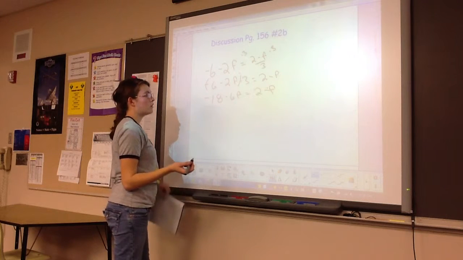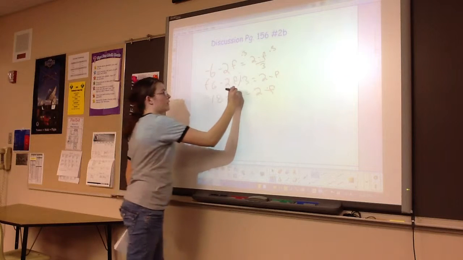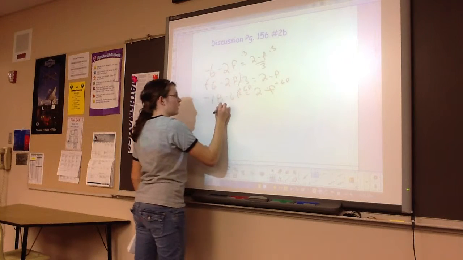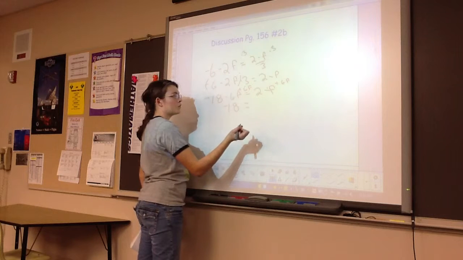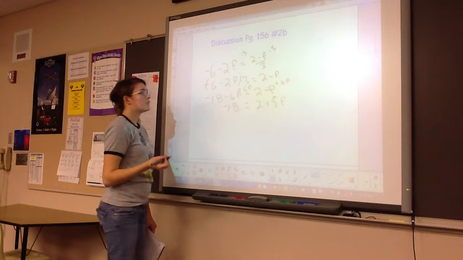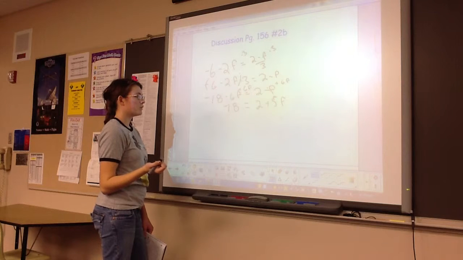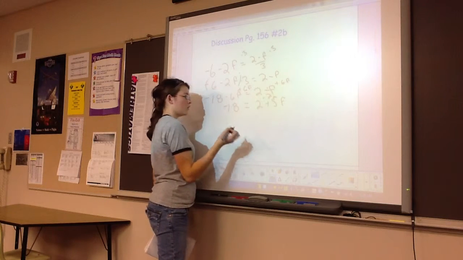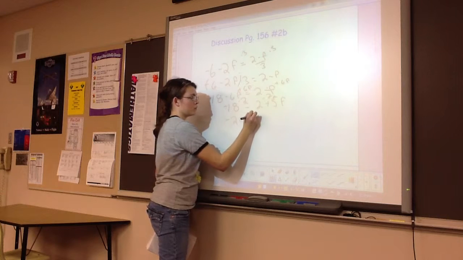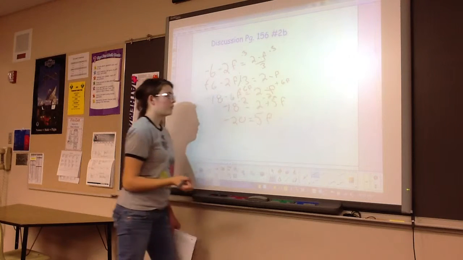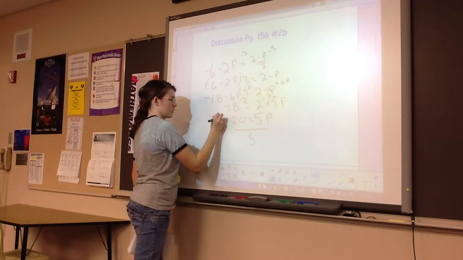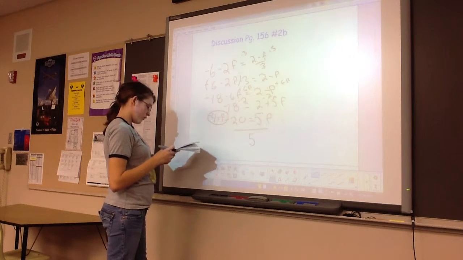you'd add 6f, so it'd be negative 18 equals 2 plus 5f, and then you'd subtract 2 from both sides, and it'd be negative 20 equals 5f, and then divide by 5, so negative 4 equals f, and then to find c,